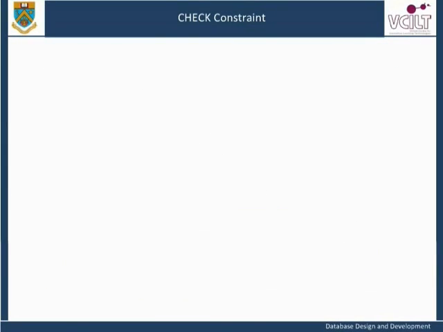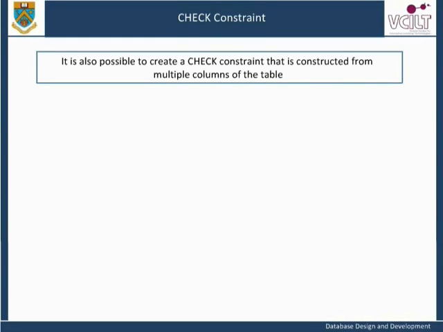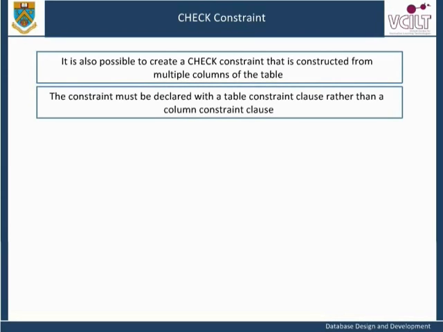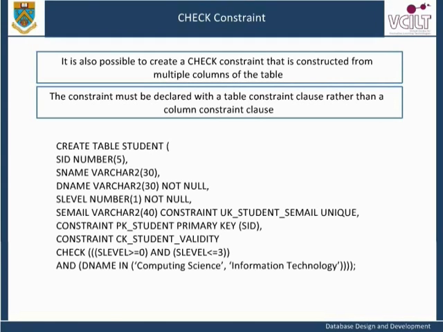Complex check constraints. It is also possible to create a check constraint that is constructed from multiple columns of the table. In this case, because it applies to more than one column, the constraint must be declared with a table constraint clause rather than a column constraint clause. For example, instead of declaring two check constraints on SLevel and DName respectively, we can use a single constraint called ck_student_validity as follows. This create statement will create the same student table as the earlier statement that uses two separate